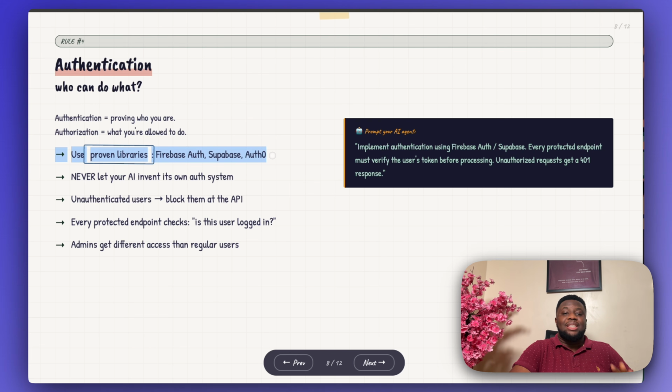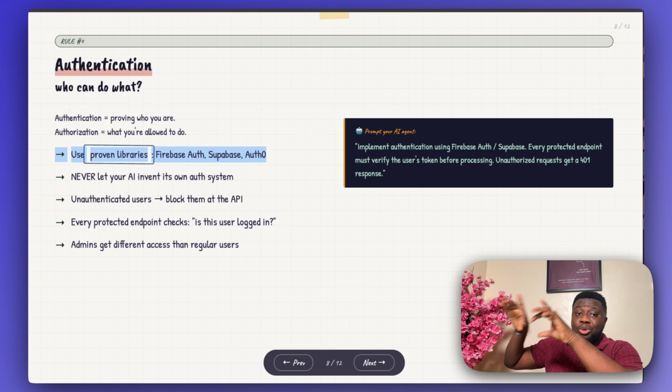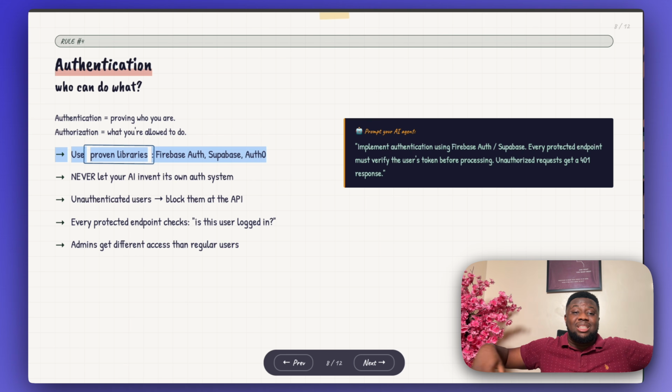So use proven libraries. Now, I'll say this. Most people try to build their authentication from scratch, and that makes no sense. There are a lot of libraries. Now, a library is already, let's just call it a package. Just the same way you download an app when you want to do something because someone has already built that, then you use the app. Same thing in the app development space. You can get different platforms that people have already built and use them in your app, because they've already created all the tools necessary to make sure that thing is secure and works perfectly. Most times that's how it works.